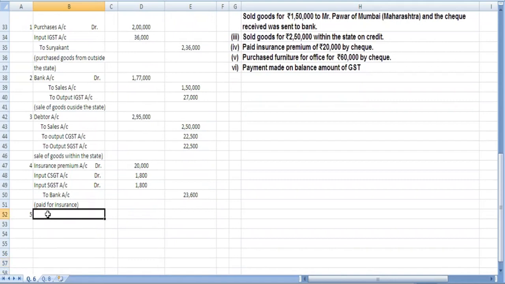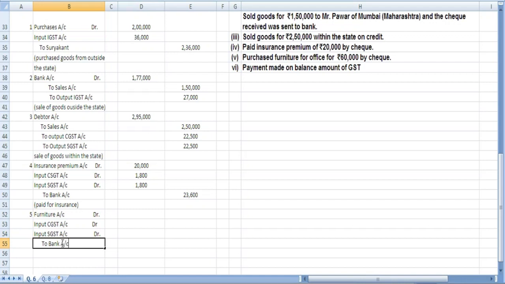Okay, so furniture is coming in, so we'll write here furniture account debit, input CGST account debit, input SGST account debit by check to